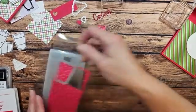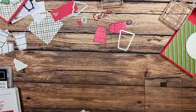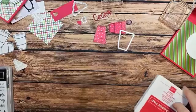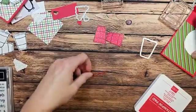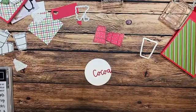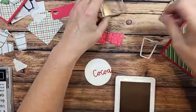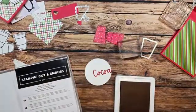All right, die cutting is done. Let's just move that out of the way. Oh, we need this out. Okay, now I've got my Time for Cocoa, right? I need to put my sentiment on here. And my sentiment is, this calls for,